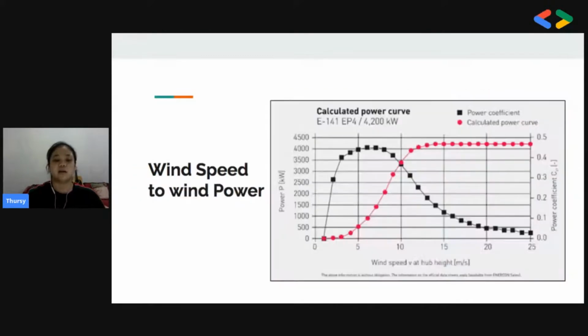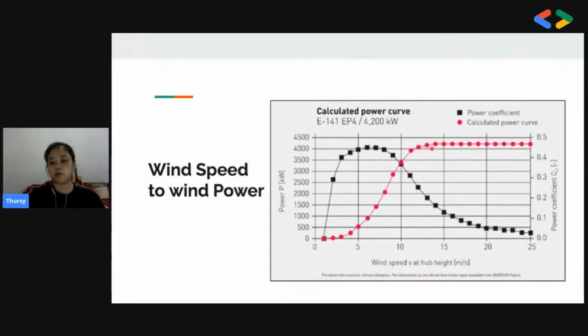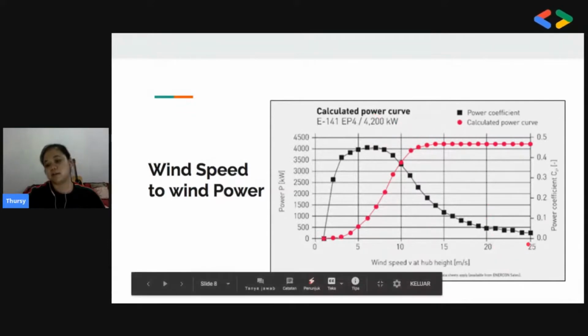Because we want to predict wind power, we need to change the wind speed into wind power, and for that you need this information, which is the power curve. You need to pay attention to this pink curve over here. It starts at 2 meters per second, when the turbine starts to turn on and generate power. After it gets to 15 meters per second, it generates 4.2 megawatts, which is the maximum. And until it's 25 meters per second, you will have turbulence. So cut off.